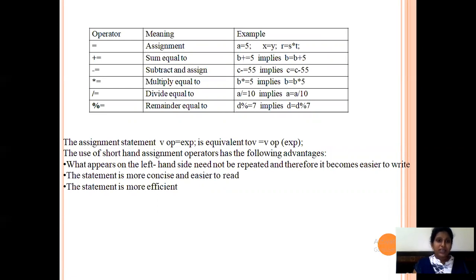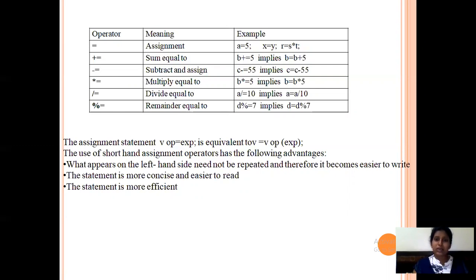Generally, the first operator is equals to, we call it an assignment operator. It can be performed on a variable, or on two variables, or on three variables. Means what? If you want to multiply two variables, the resultant value will be assigned to another variable. Same in the second one, if you want to use the shorthand assignment operator plus equals to,